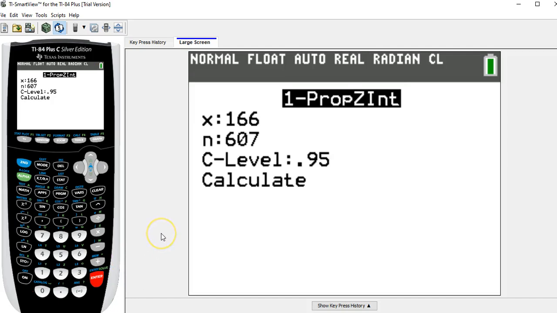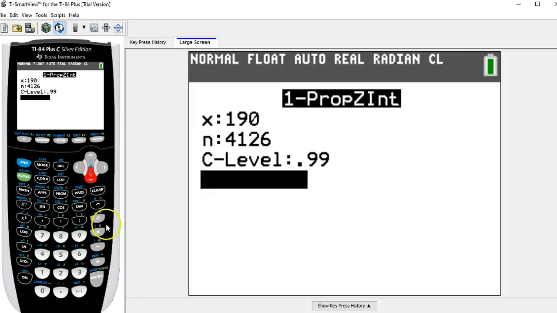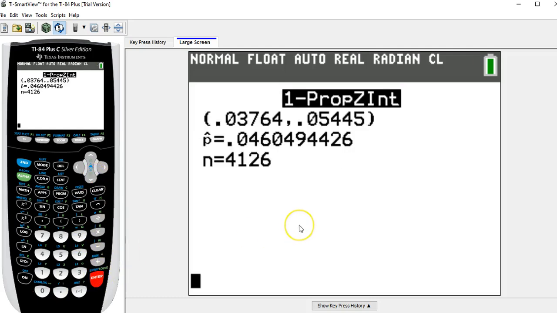And this time the x is 190, and they gave us the sample size, which was 4126. This time they want a 99% confidence level, so I'm going to change the 0.95 to 0.99. And when I hit calculate, I get the confidence interval